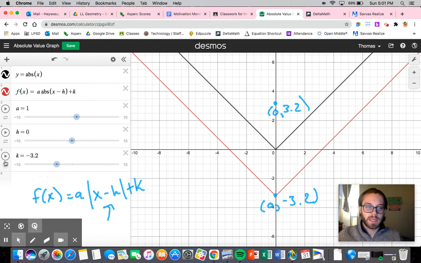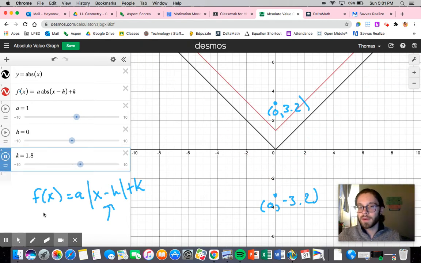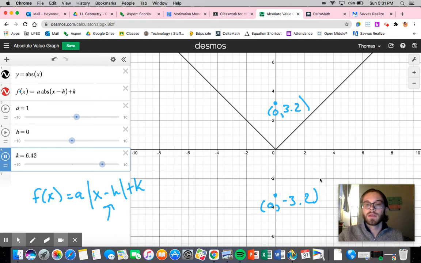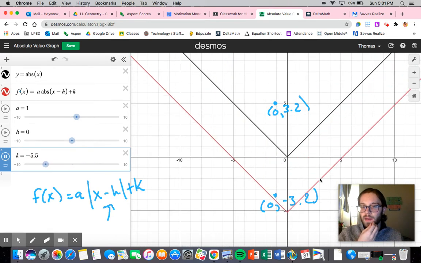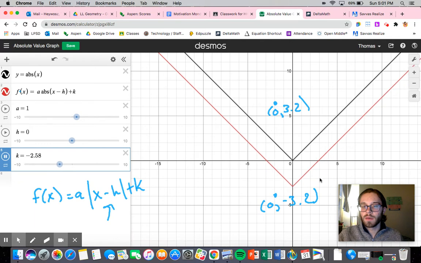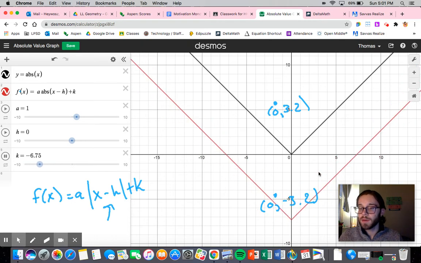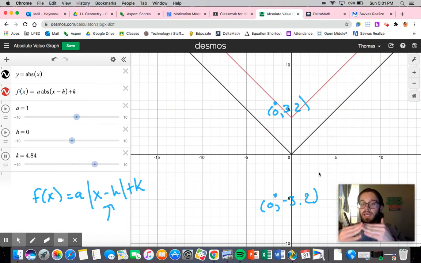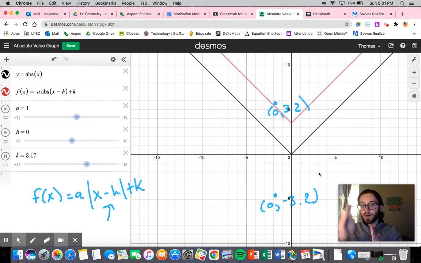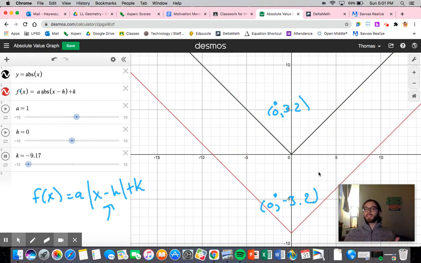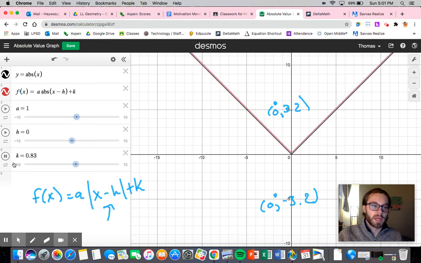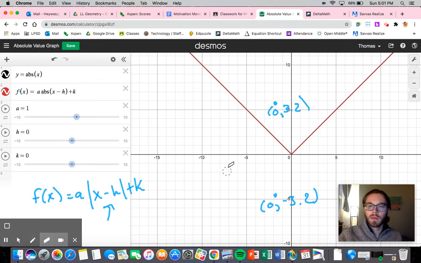And if I made this a slider and actually did the slider component, you can see it's going to go up and down. I'm going to have to zoom out, right? So we go up and down between 10 and negative 10, right? So that's all that's changing. That is the only component that is changing. I'm going up and down. And you can see that the vertex, the vertical component, the y value is what's changing. The x value has not changed. So let me just pause this. We're going to go back to 0. Right, and so now I'm back on top of my actual